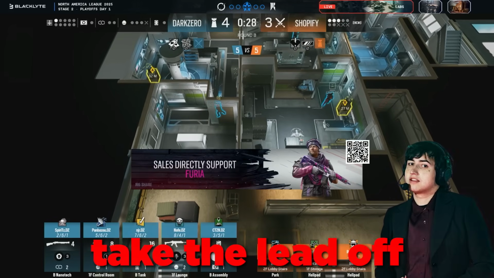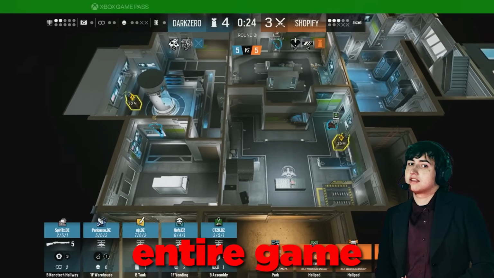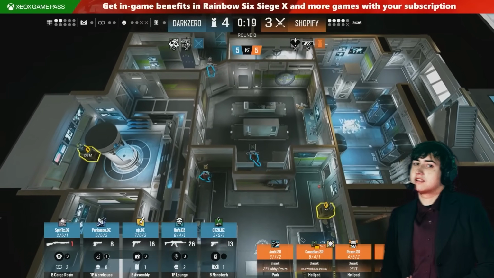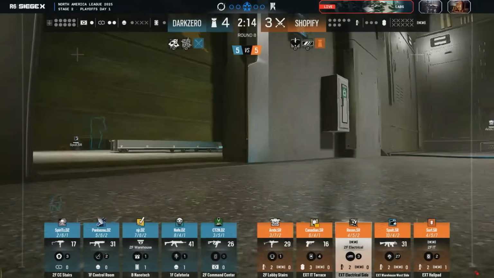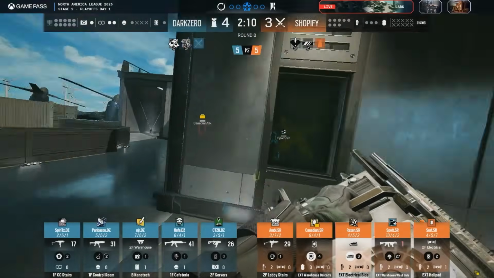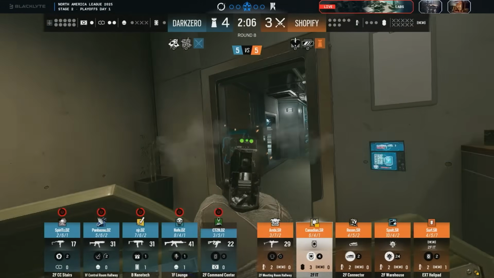Dark Zero take the lead off the back of it. They've been fighting on the back foot for this entire game so far, and off of that, it's the first time they can find themselves in the lead. DZ's offensive threats have woken up. Shopify Rebellions need to do the same, or else put this map in DZ's win column and move on to